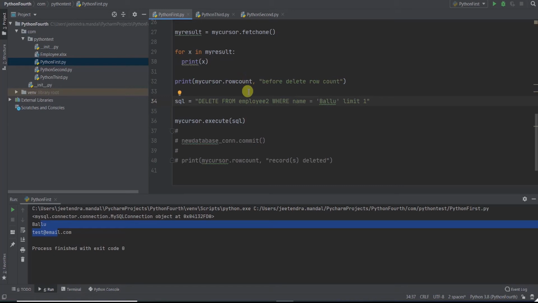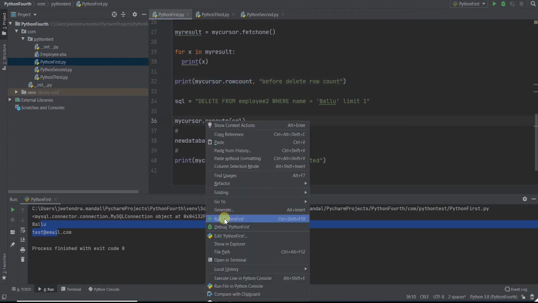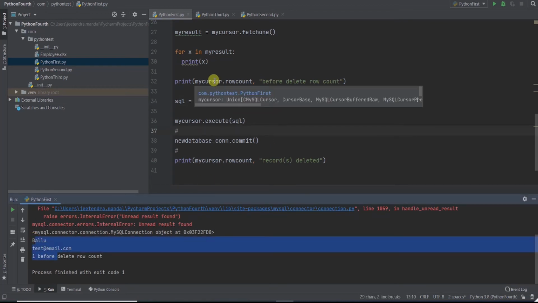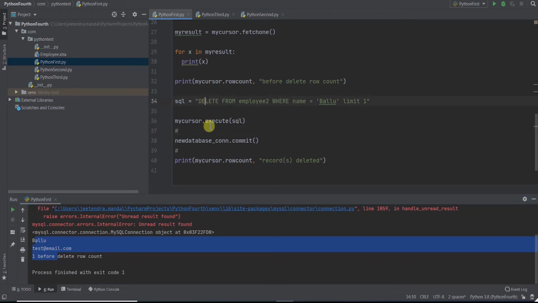Now I'll print it, and rowcount gives you the total rows. Now I just run it, and this is the delete statement that will delete the rows here. This is how it works.